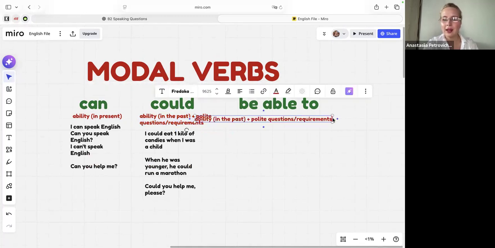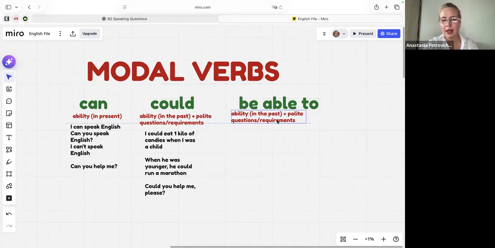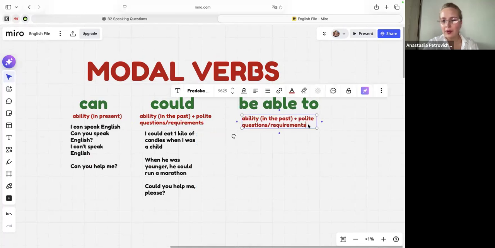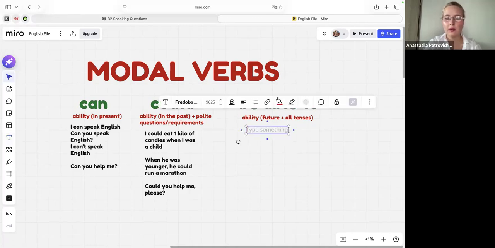It will help us to use can in the future if we need, but of course, if necessary, we can also use that in past, in present, why not? And for that, we will work with be verb. So let me write that for you, ability. So future plus all tenses. Let me show you examples, and then you will definitely understand that clearly. So the first one will be,